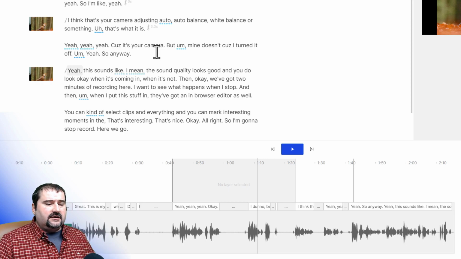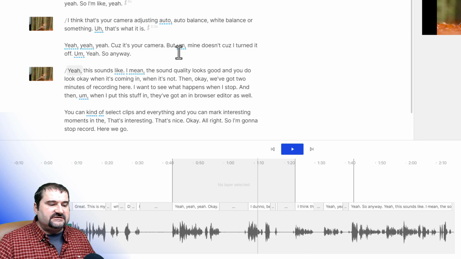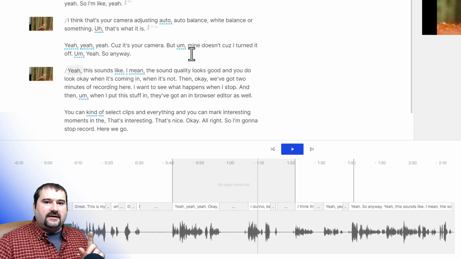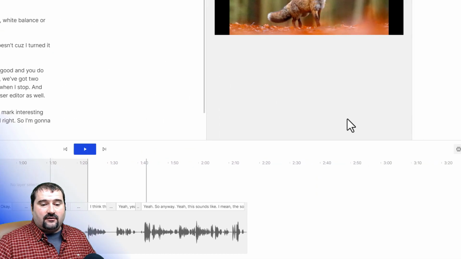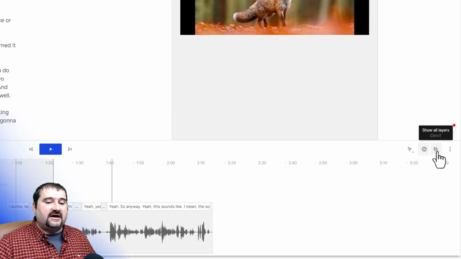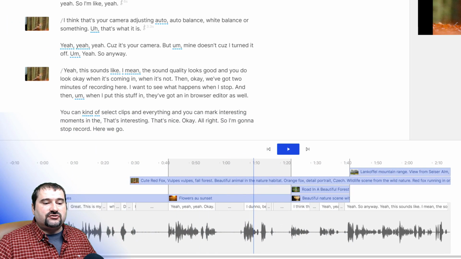So still, that doesn't mean you can't access the timeline and you can't see all the things you have there. If you've added images and so on and you don't see them there, it means that maybe the layers stack is turned off. You can turn that on by going to the very far right side here, and you can say show all layers, and that's going to show them all.